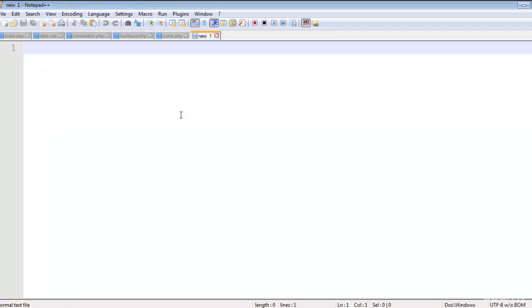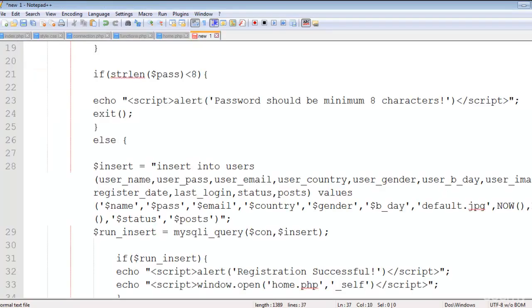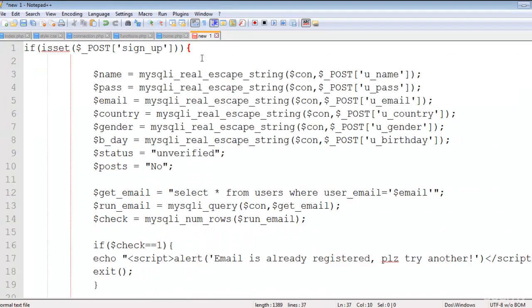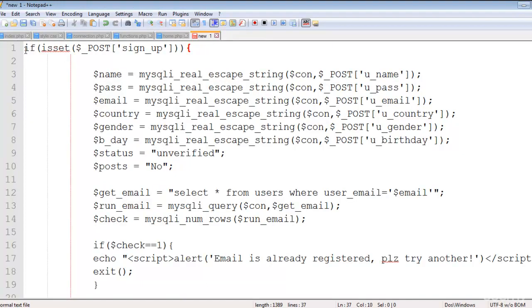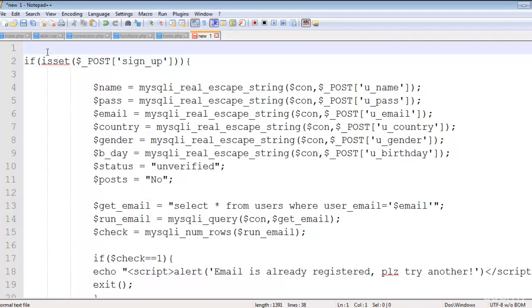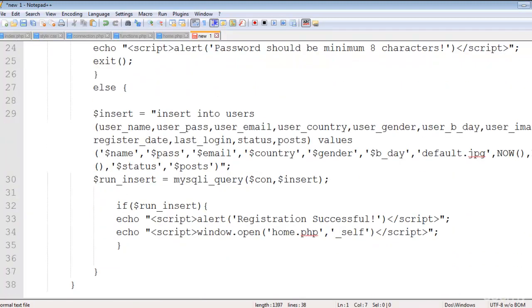But I will create a new page and paste the code that I cut from functions.php, just to keep things clear. So this is a PHP page